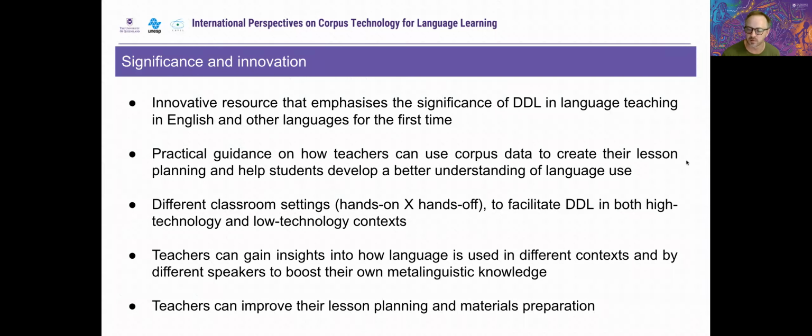All of the lessons that we've included in the guide are fun. They are all lessons that as a practicing language teacher way back in the day, I would have loved to